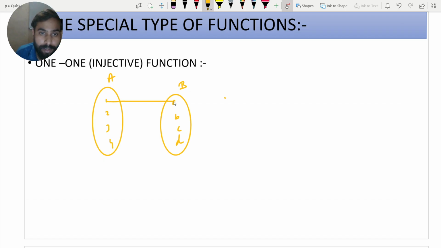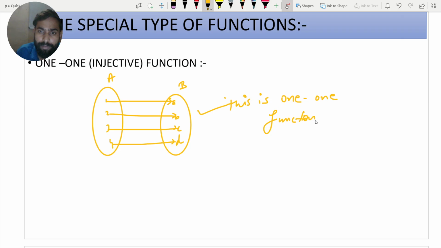Like this, 1 has image on A, 2 has image on B, 3 has image on C, similarly 4 has image on D. This is a one-one function, which is unique in set B. Okay, and also here we discuss what the range is.